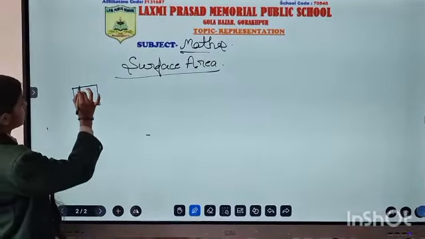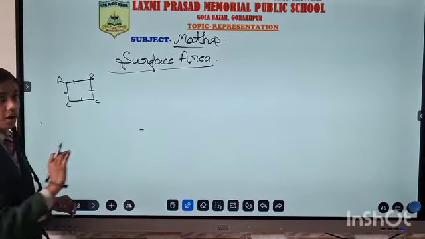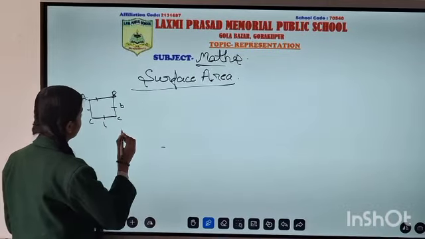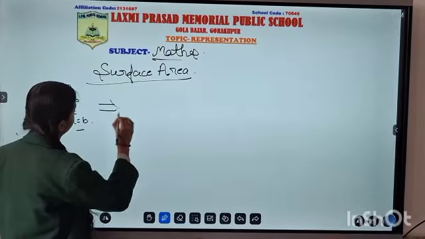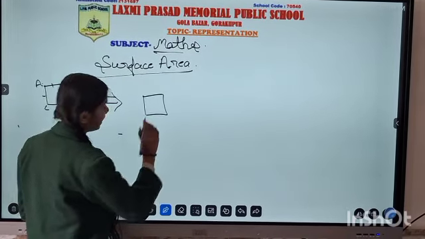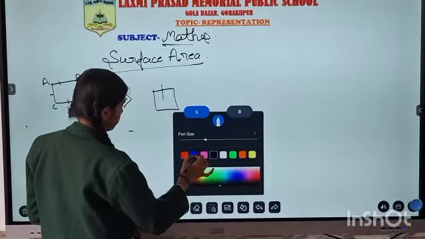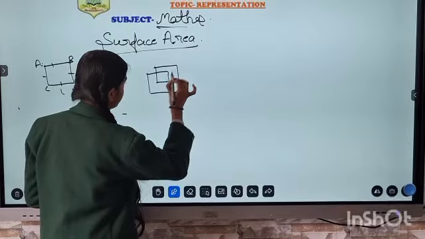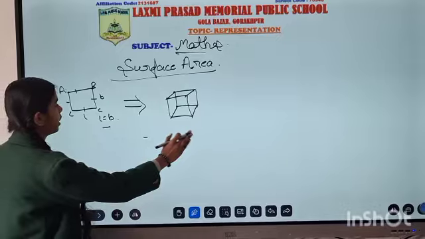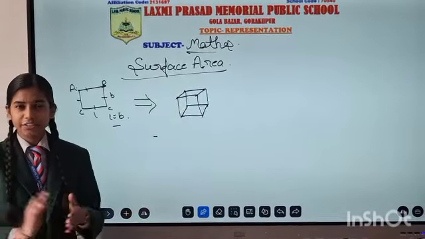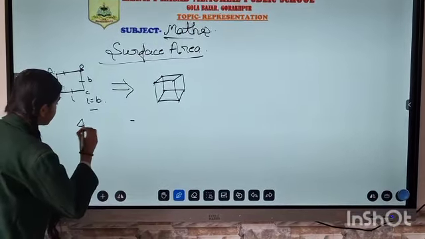When all the sides of a shape are equal, that is known as a square, in which the length and breadth are both equal. So we can say that length is equal to breadth. By this we can also make a cube, which has 6 square faces. So we can simply say that a cube is made of 6 square faces. To find the area of a square, we can easily use the formula side square.